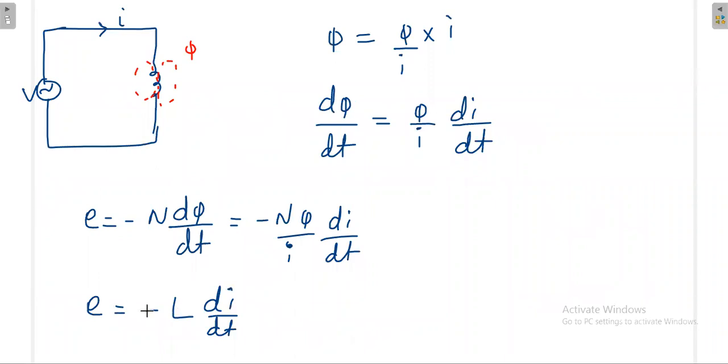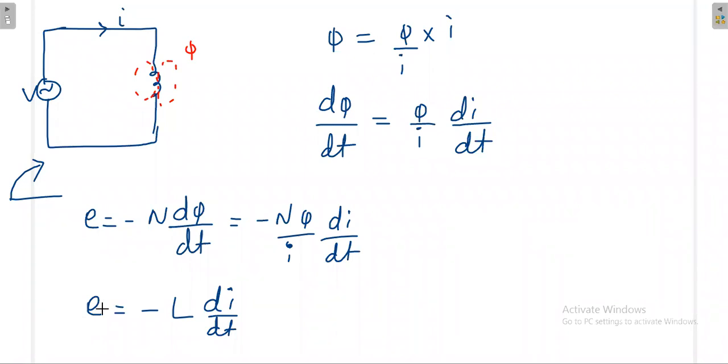Now your E is equal to L di/dt. Again, we do not know what di/dt is. It could be either positive or negative. For clarity, assume that your voltage is increasing. If it is increasing like this, definitely this di/dt is positive. You are applying some voltage. If your voltage is increasing, this di/dt is positive. Then if it is positive, finally your EMF is negative.